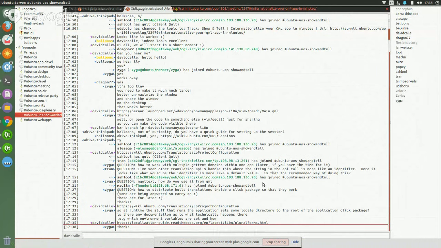Next question. I've seen other translation APIs, and the string in the API call is more like an identifier. Well, here the identifier is